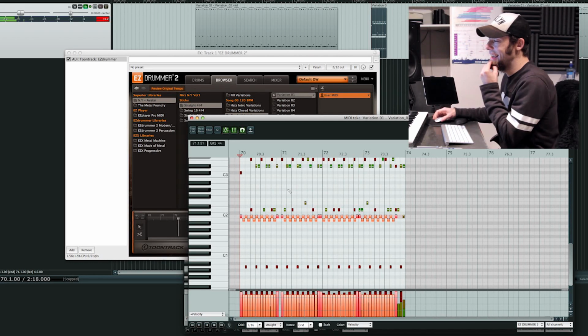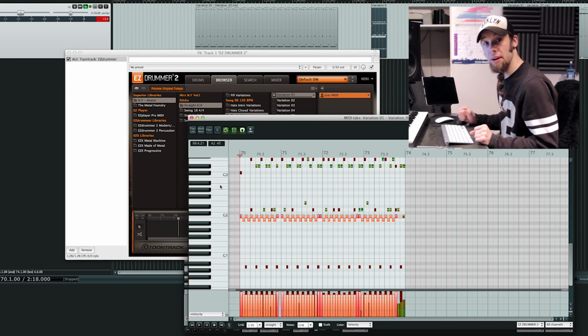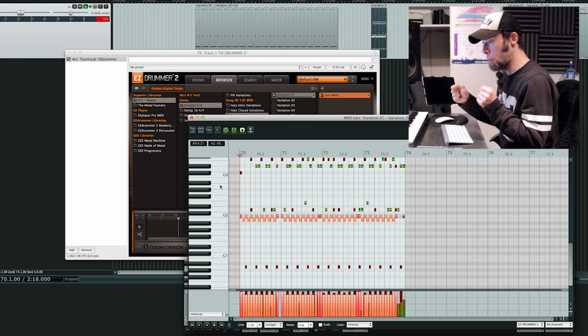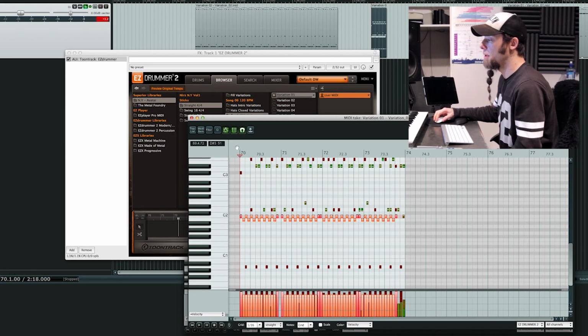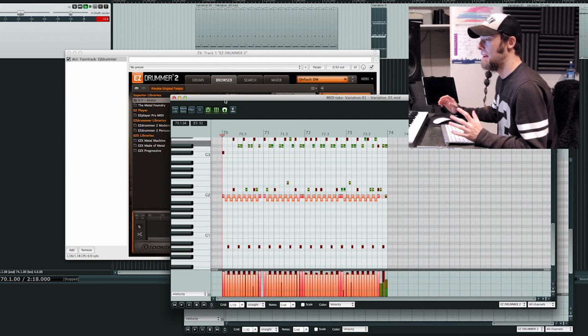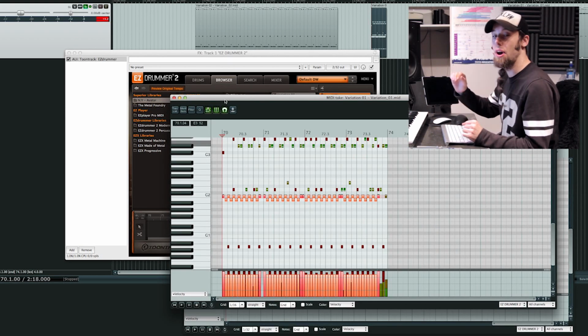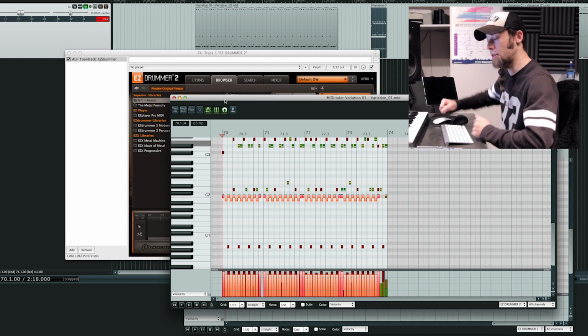So that's a really nice thing to do, especially when you have some fast drumming stuff, so that it doesn't sound like a machine. And that's really important. And also the velocity. Everything shouldn't be like 100% velocity all the time. Then it really sounds like a machine, because a drummer wouldn't play